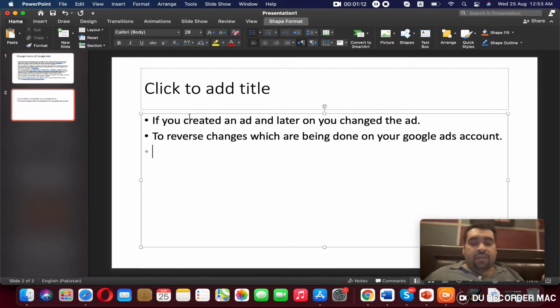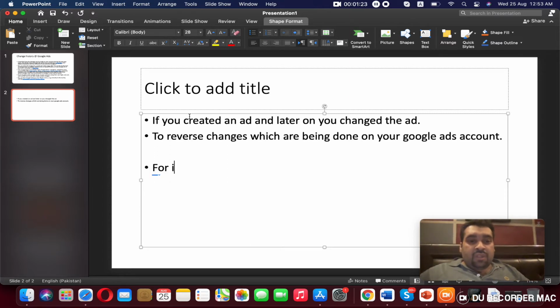And the changes can be anything from keywords, bidding, even if you invited someone and you wanted to figure out who you invited, or even if you removed someone, or even for instance, if there are multiple people